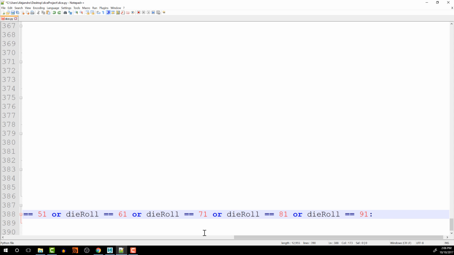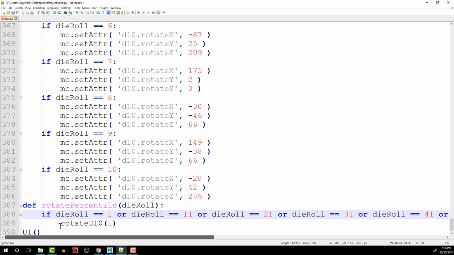Actually, I don't need to do that last one. Cool. So in all of these conditions, we'll run this function